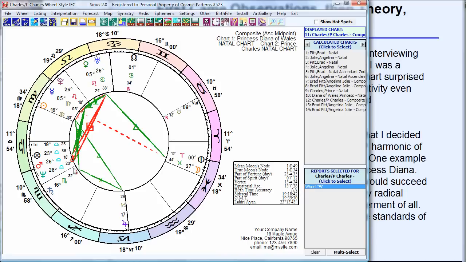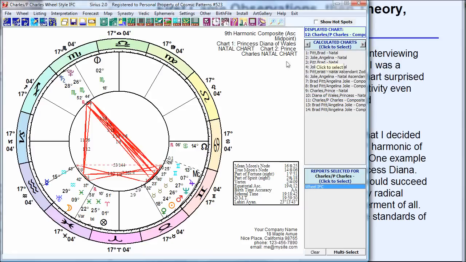Now I'm going to look at the 9th harmonic of the composite chart. It sounds crazy, but the 9th harmonic of the composite chart shows you how people bond, what the marriage becomes, what the deep emotional healing energy is. And when we look at it for Prince Charles and Princess Diana, the 9th harmonic of the composite chart, wow,